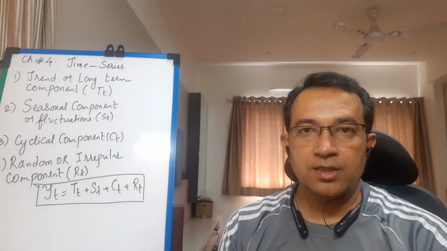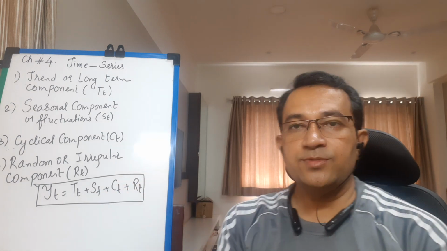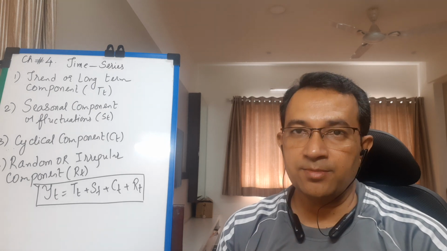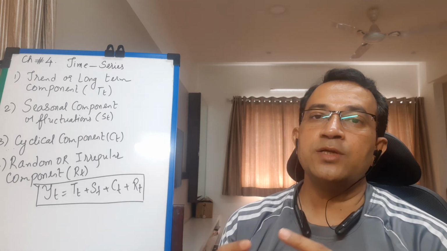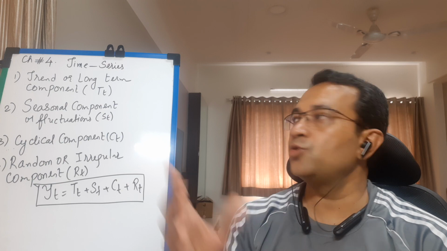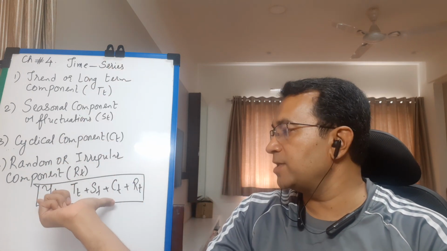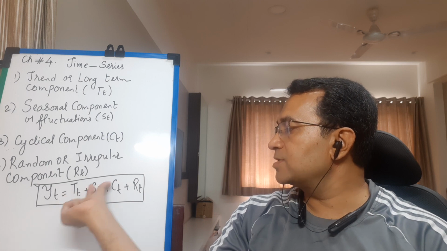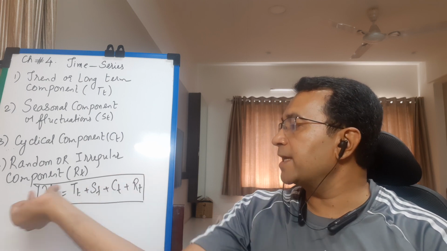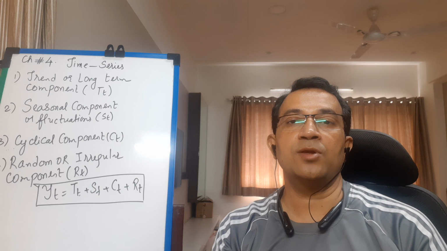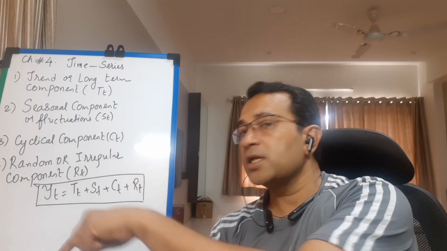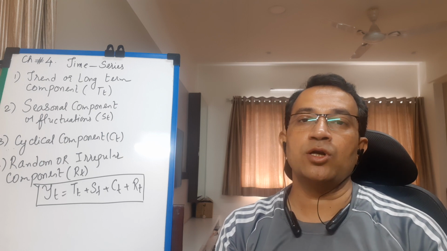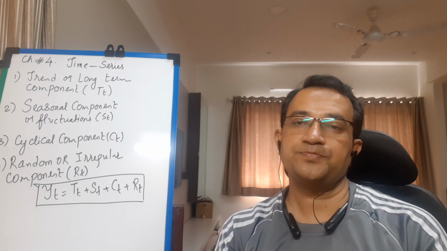Is it okay? So students, components of time series we have discussed. Many of you were asking me about the additive model. Once again I am telling, the net cumulative change in the value of variable quantity due to these 4 factors is given by this equation. When I add the effect of trend, seasonal, cyclical and random, I get the net change in the value of variable quantity yt. So this equation, students, which I have boxed, is called the additive model of time series.